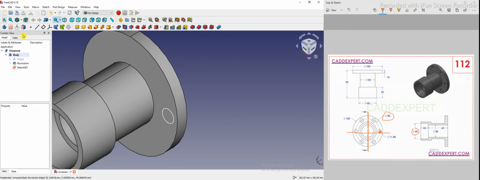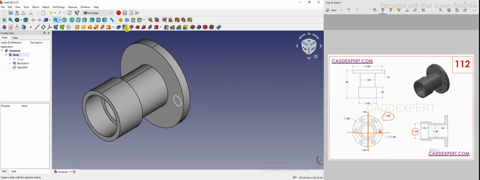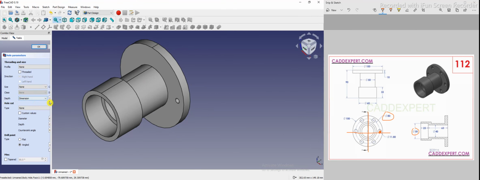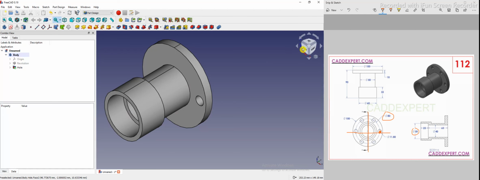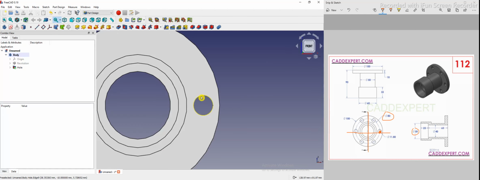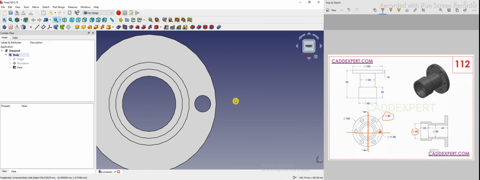Now I will go to the hole feature. The hole diameter we have considered is 12, so we will give 12, through all, no custom values, and I will say OK. If you see, we have made our first hole, and now we will see